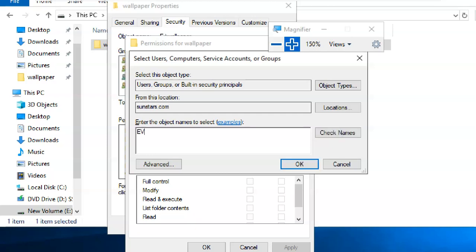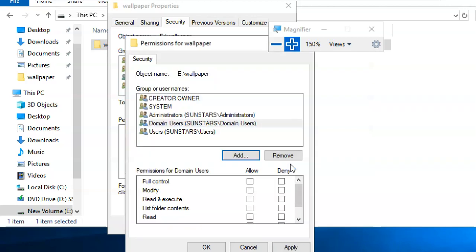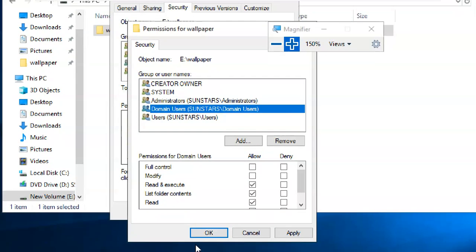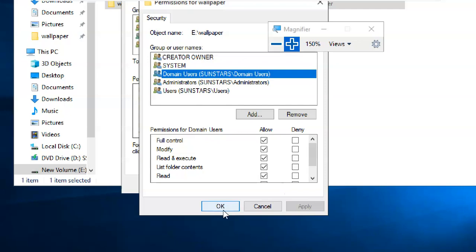You can use everyone, or domain users, or authenticated users. Type domain, select domain users, like that you can use anyone, or a particular user or a particular group. So what I'm doing is domain users, full control, apply, okay.